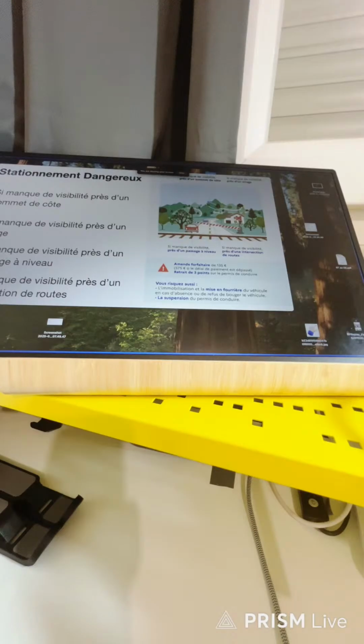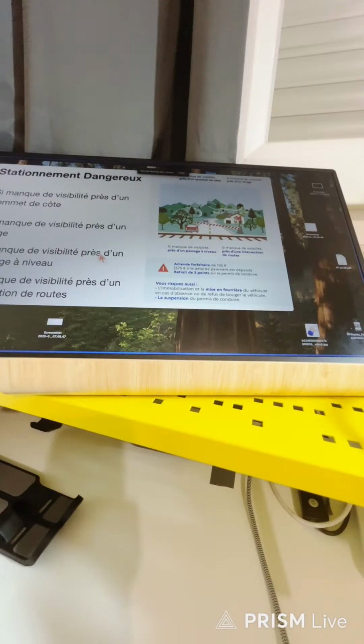Okay, you park at a junction. If you park at a junction, it's a dangerous parking. It's not a genuine parking, it's not abusive, but a dangerous one. So in this type of parking,